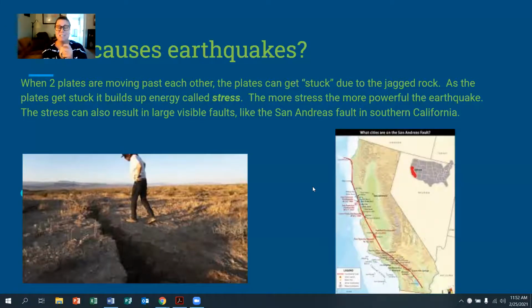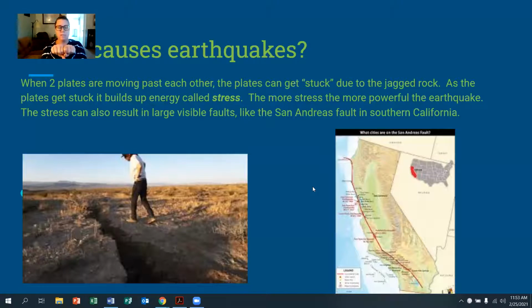Now, if you saw the video on the lab, they use graham crackers to pretend or represent rock, right? The plates, the two plates that are coming together. And graham crackers are not smooth on the sides. They have rough edges. And so what happens is when you slide the graham crackers side by side, the little pieces of graham crumble off and break apart, right? Also, the graham cracker could get stuck on the other graham cracker, just like the rocks of the plates for the plate tectonics. And when those get stuck on each other, you can keep pushing as hard as you can, and you're building up a whole bunch of stress.